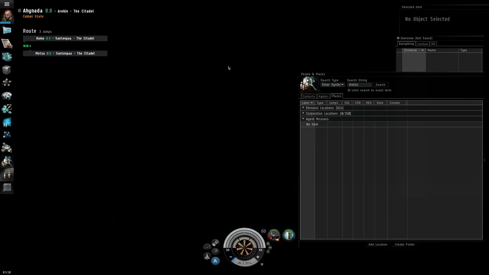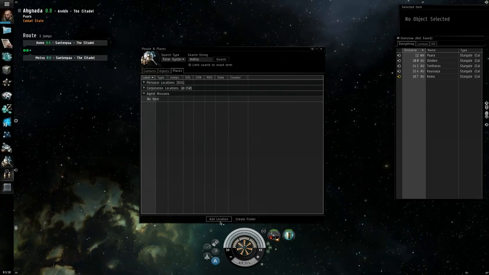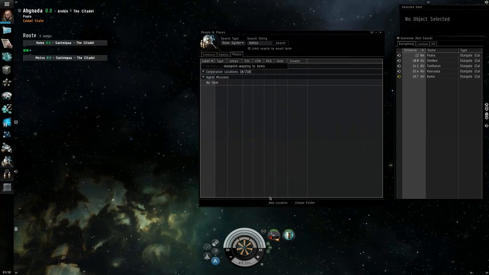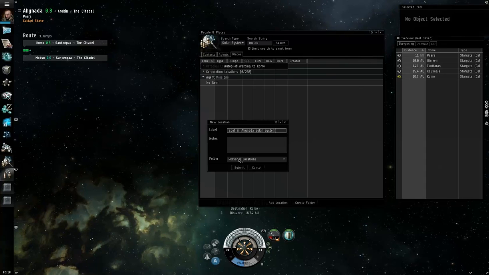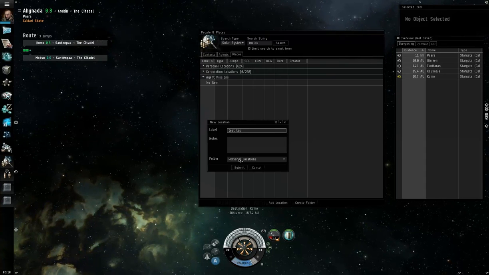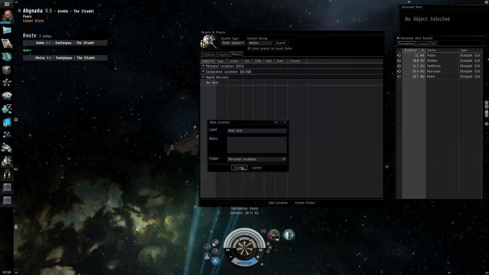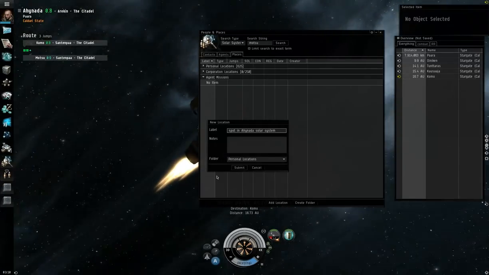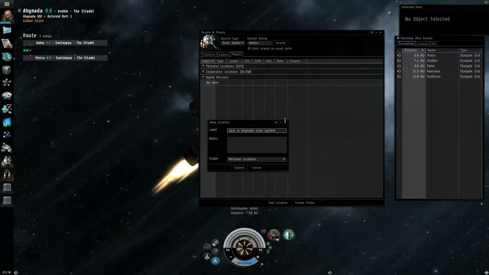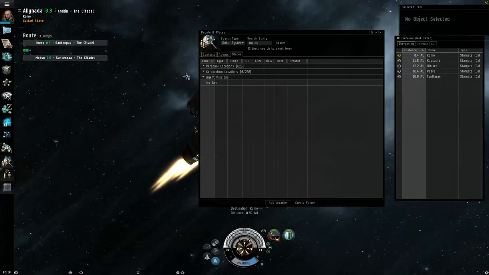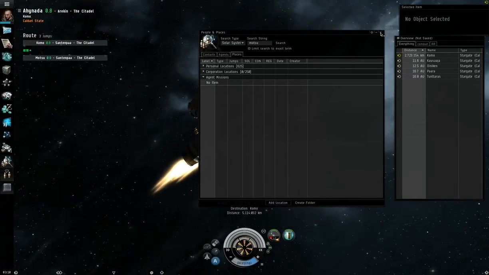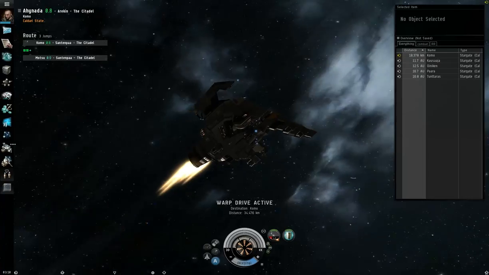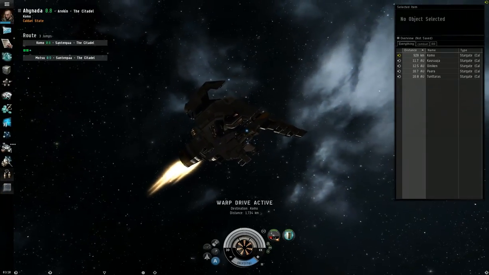So there you go. You have people and places, a very basic introduction. If you want to add a location, that's adding a bookmark at your present location. Like say if I wanted to add a bookmark, I go add location, I go test, and when I hit submit, it saves the place you are at. So I can add location here, but it's not going to save it until I hit submit. Alright. Or if I wanted to create a folder in here, I can hit create a folder. So people and places, it organizes where you are and how you figure out where you're going to be or who you're looking at. Now the map,